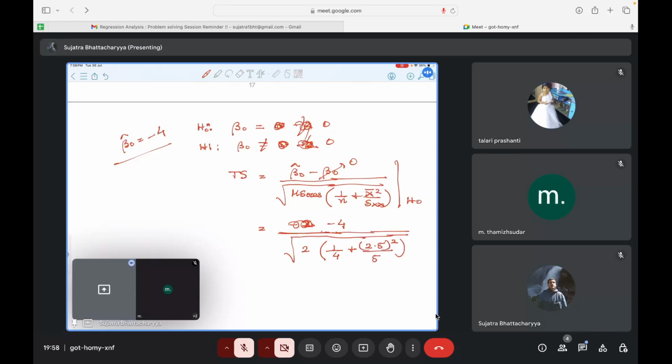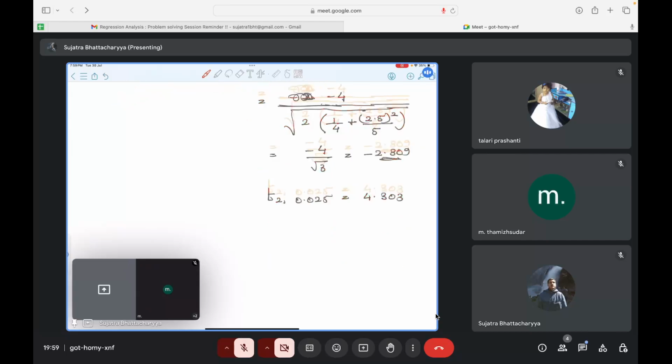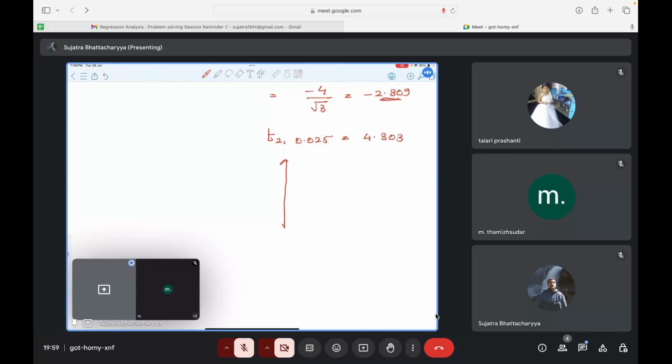So if you calculate this, it will come out to be something like minus 4 by root 3. Let me calculate. A minute. So it will be minus 4 divided by root 3, right? It will be about minus 2.309. Okay. And I know that t with 2 degrees of freedom at 0.025, as I've written, is about 4.303. So what it means is that if you just go here,